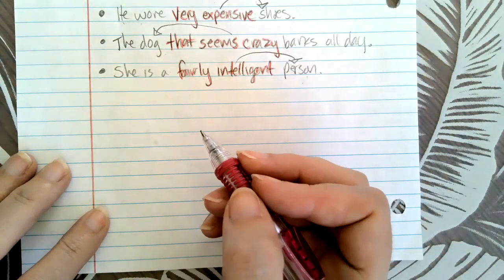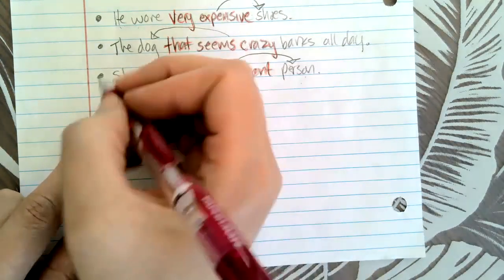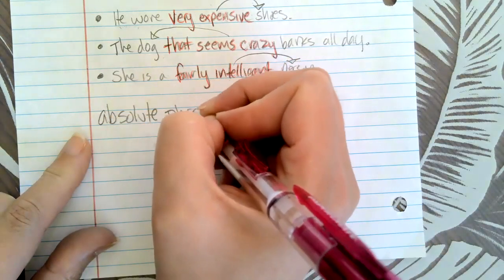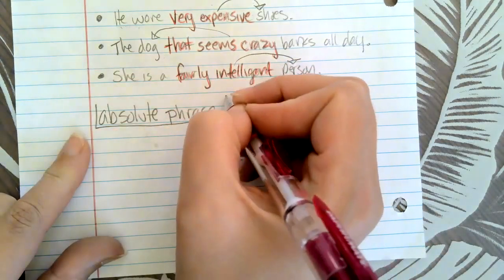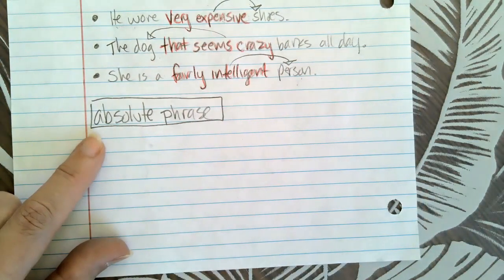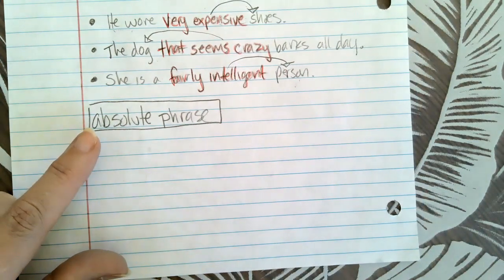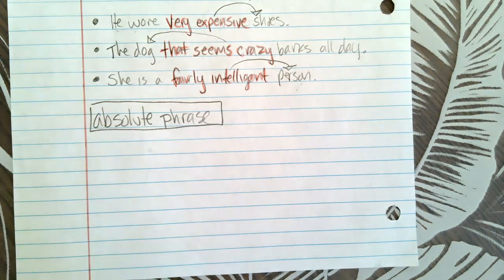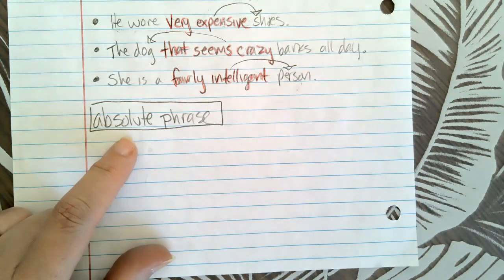Okay, the next type of phrase we're going to do is called an absolute phrase. Now, just like we've been talking about, when we are trying to determine just exactly what a phrase is, we can look to its name. What does the word absolute do for you? For me, absolute, it's like, well, something is absolutely solid. Like it's 100%. I'm talking about this 100%. It's absolutely covering it. So an absolute phrase is going to be a phrase that will modify an entire sentence,